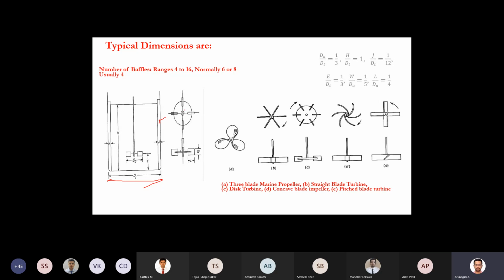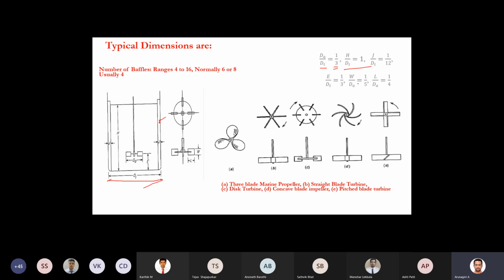So here you have the agitator, or you can say these different types of propellers. This is your shaft. dA is the diameter of the agitator, and dA by dt, where dt is the tank diameter, will normally be 1/3. This is the typical recommended dimension. H by dt, where H is the height of the liquid and dt the diameter of the vessel, is 1. We saw that it is 0.5 to 1, or you can say 0.5 to 1.5 filling ratio.